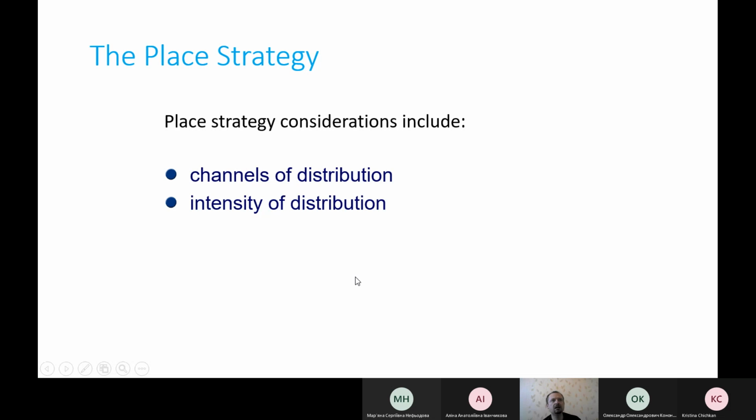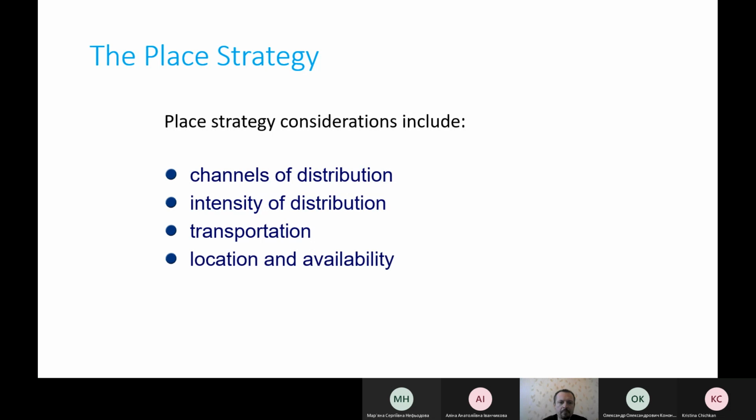Then you can compare these channels, and then you have to describe transportation. Maybe it could be done generally, for example, whether to use your own logistics system or